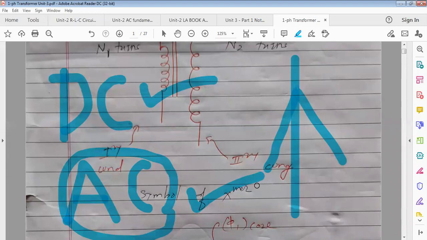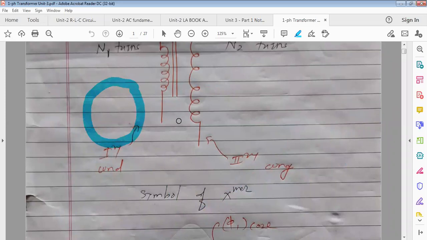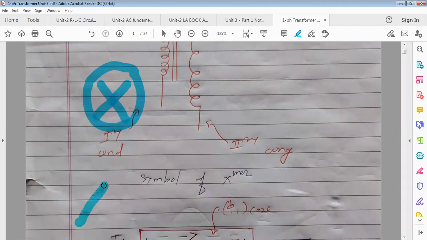Now, whatever magnetic field is produced around a current carrying conductor, its direction you can find out by using the right hand thumb rule. Okay, so what is the right hand thumb rule? Consider a conductor. Suppose it's a cut section of a conductor, front view, and it is carrying current away from the observer. Away from the observer means what? Cross symbol is used. Arrow conventions are used. Arrow conventions means what? Consider an arrow moving away from you. What you can see is its tail. So it will be a cross.